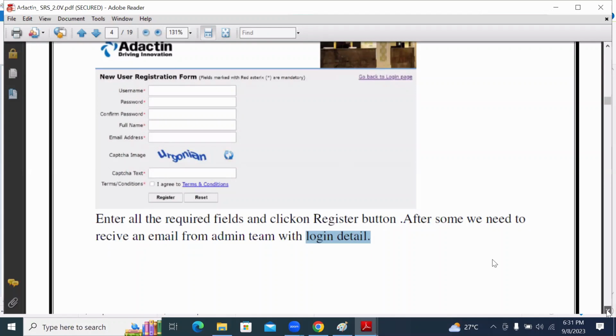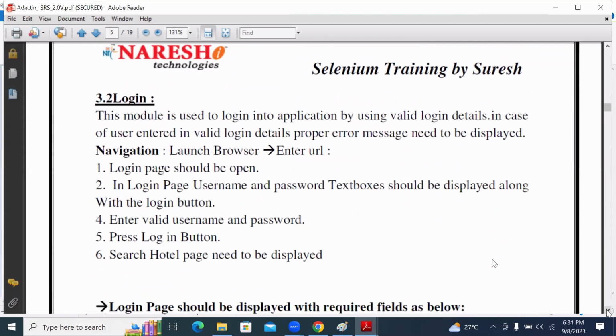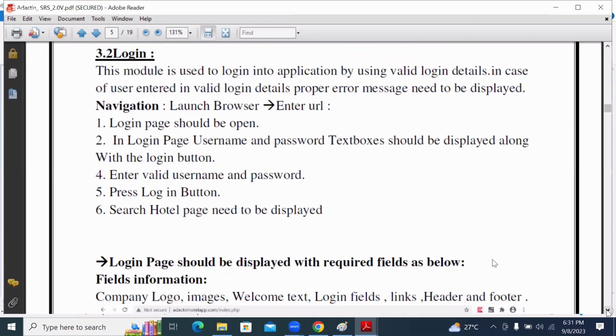So that is 3.1. Similar to that, go to page number 5. Point 3 is related to login. What is the use of this login module? To log in to the application. But can you log in by default? No. What do you have to do? By using